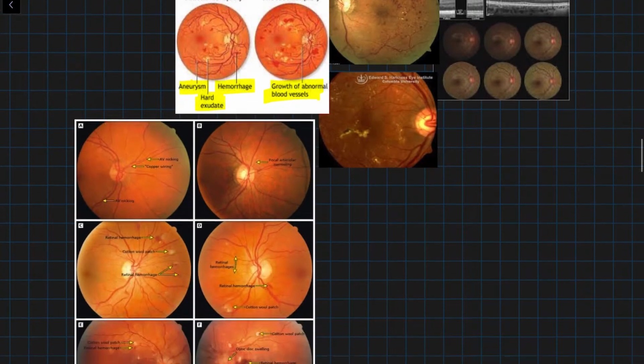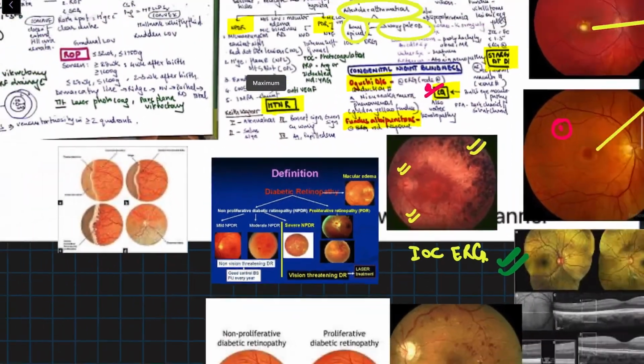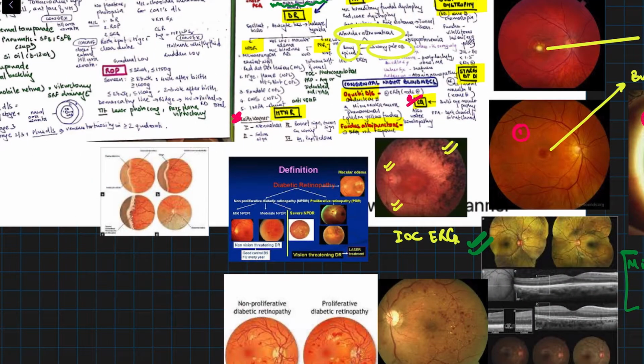Then next are the hypertensive retinopathy images. First, let us look at the grading. The grading is called Keith-Wagner grading, where in grade 1 there is just attenuation of vessels, that is the vessels are very thin and small. Second, in the second stage we will have Salus sign, right? In third stage we will have bonnet and gun sign.